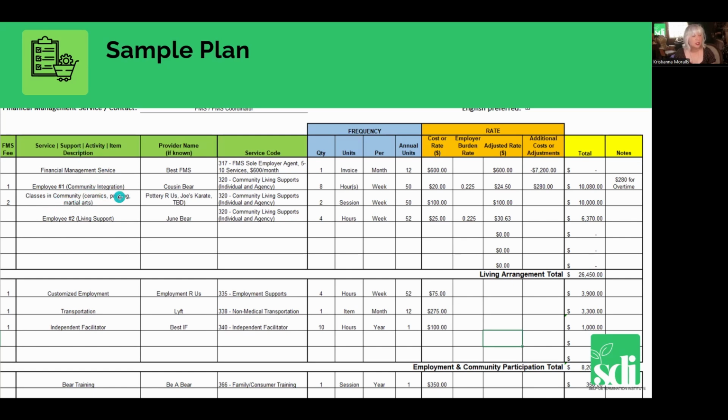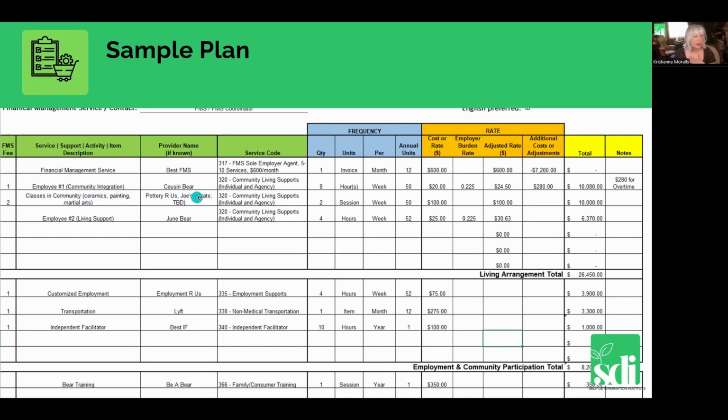We want it descriptive enough that the financial management service can pay for it. It's very clear what they're paying for, but not so descriptive that it reduces your flexibility. So this gets a little bit tricky, right? I don't put karate, I put martial arts, because what if the participant says, well, I'm going to do jujitsu, and then I'm going to do karate, and then I might do some other kind of martial arts? But it's very clear that any of those are martial arts. I can do the same thing with art classes, music classes, right?